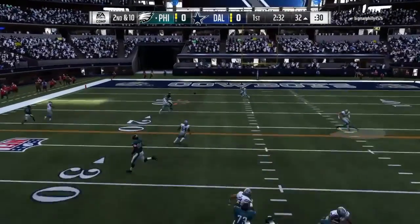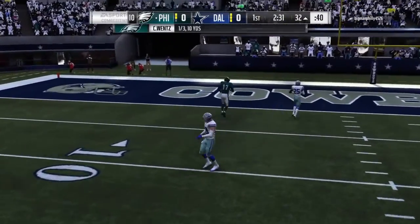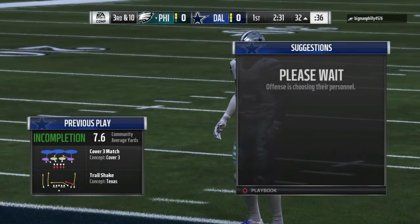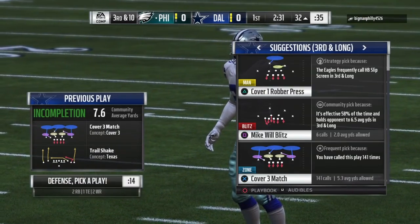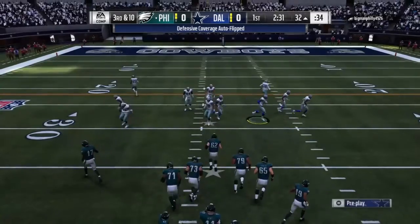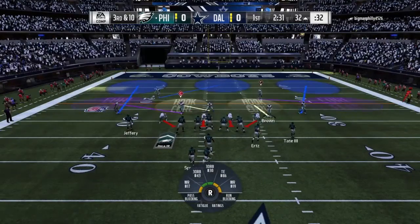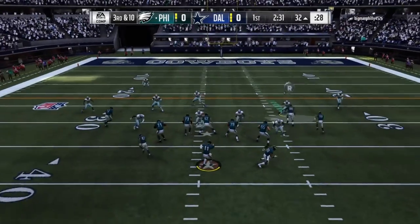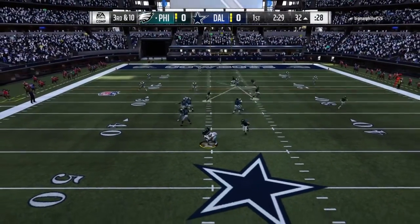Wentz will try again on 2nd down. And that one got tipped, kind of threw everything off. It brings up 3rd. Well, we're not playing 3 yards in a cloud of dust football anymore. I kind of get why those old school coaches sometimes didn't want to throw the football. Because if it's popped up in the air, it almost turns into slow motion. And both sides trying to get to the football, and you're holding your breath wondering what's...